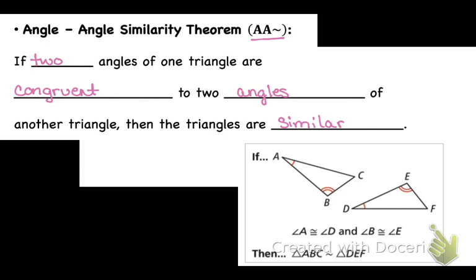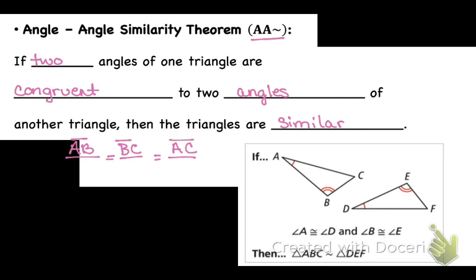So if I look down on my picture, I have angle A is congruent to angle D, angle B is congruent to angle E because they match the number of arcs, correct? So that tells me those 2 triangles are similar, but it also tells me that AB, BC, and AC